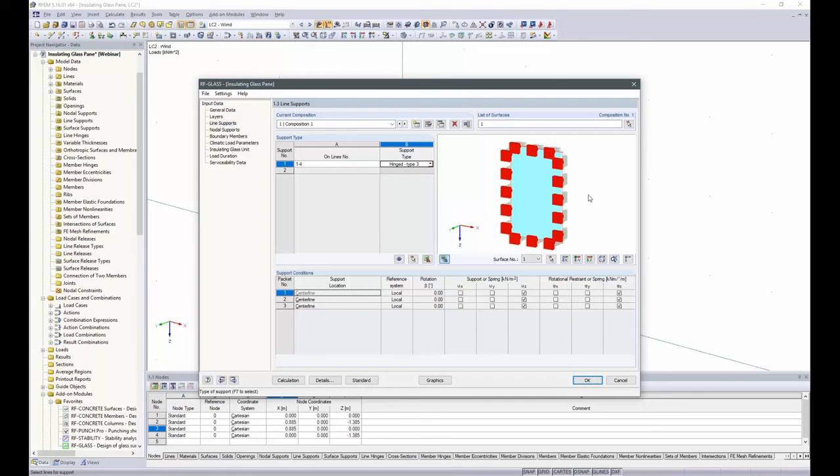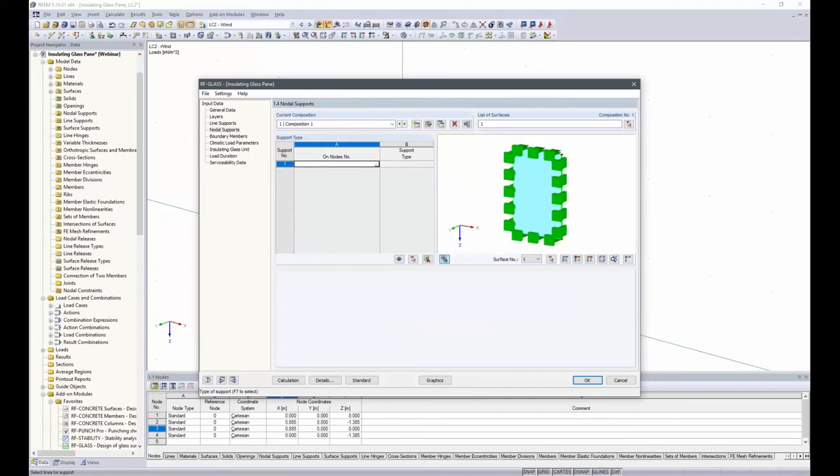This is referring to the local reference system. If we have a user-defined support type, we can also use the global reference system. But we stick to the hinged type 3 and are done with the line supports, and move on